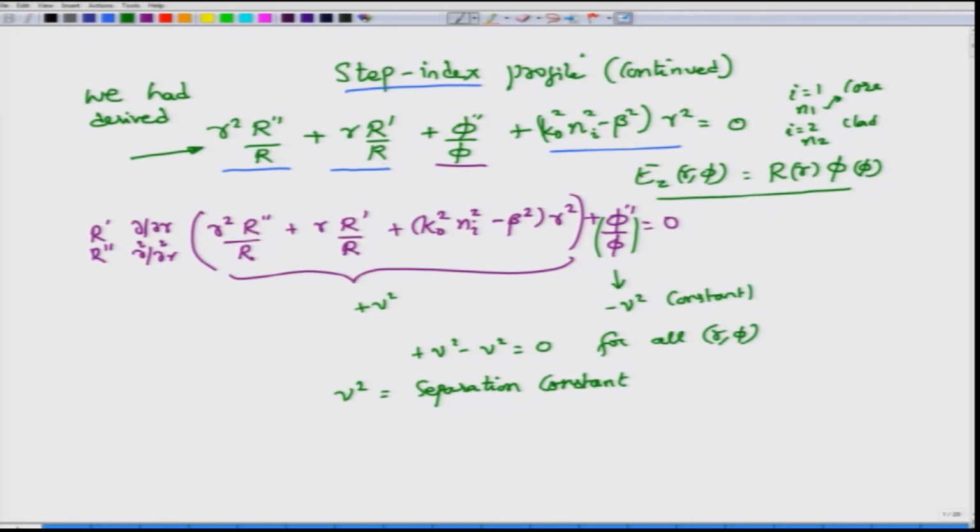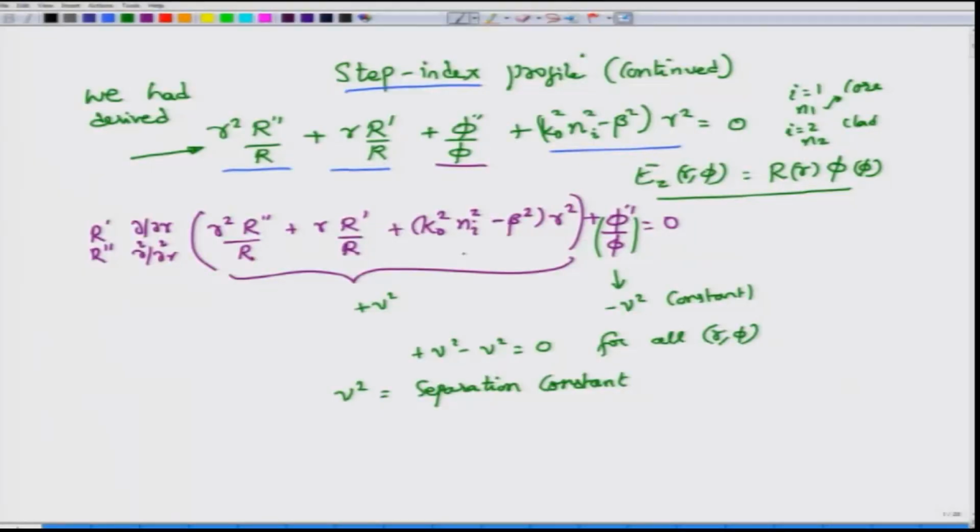Now, there is no reason to choose this as minus nu square and this as plus nu square, you are free to interchange them, but it turns out that if you choose in the manner that I have indicated, then the solutions can be simplified. Remember, the goal is not to get dragged into the mathematics, the goal is to move forward and understand how these functions of r and functions of phi would look, because your ultimate interest is to find the modes as well as the propagation constant. So, all the possible modes of the waveguide plus the propagation constant is what you are after.